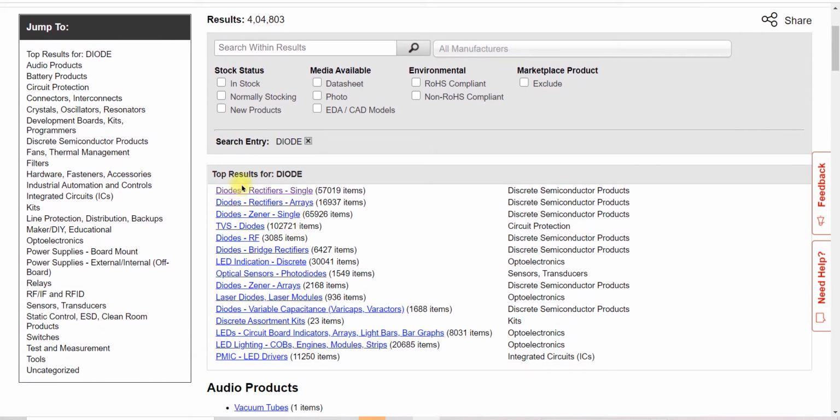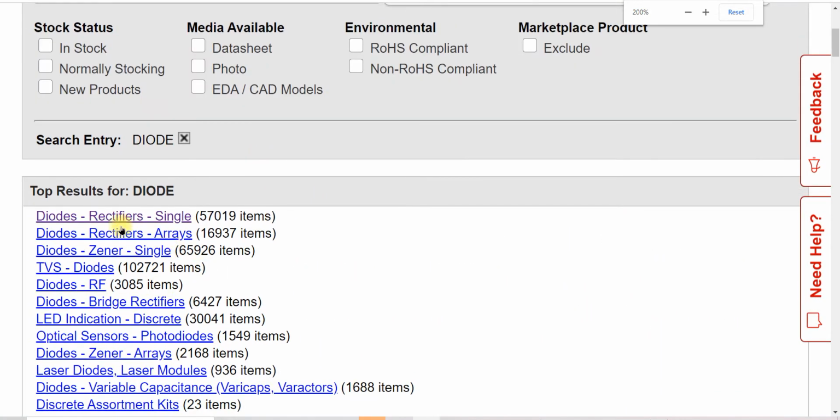Here it is showing simple diodes, and 57019 diodes are available, including rectifier diodes. I click here.